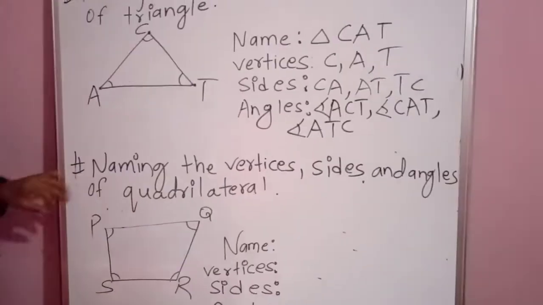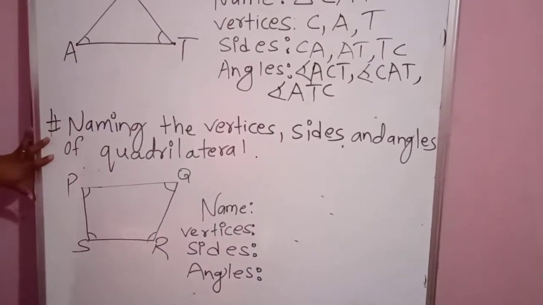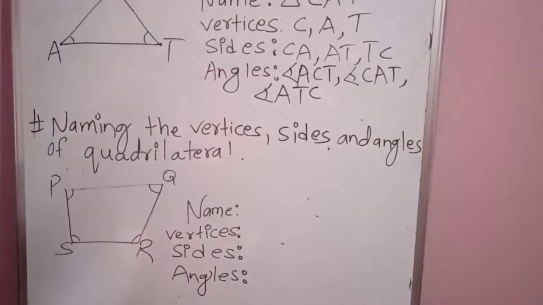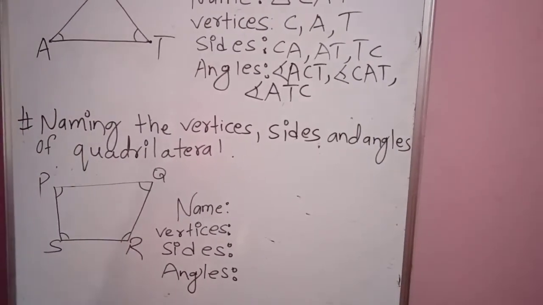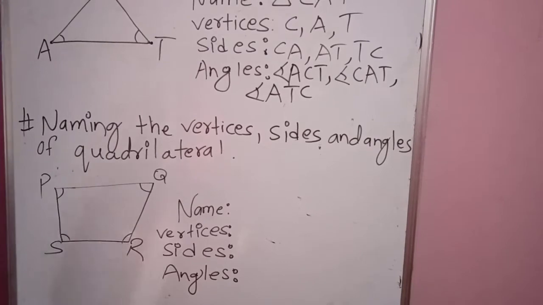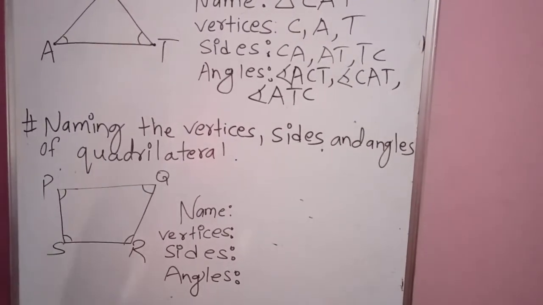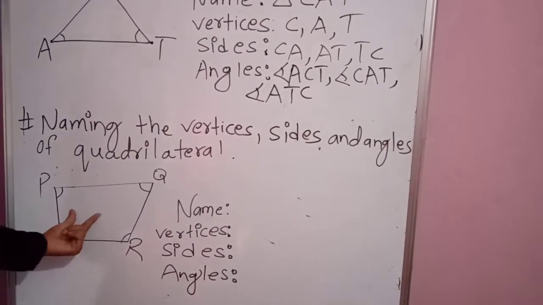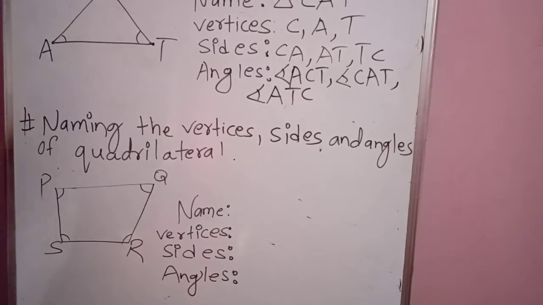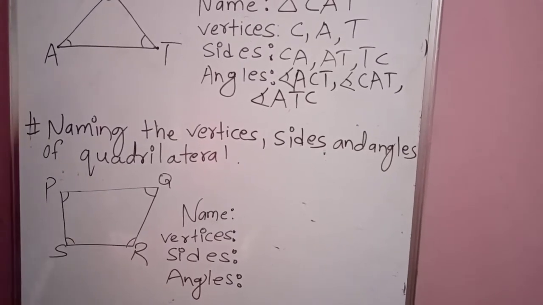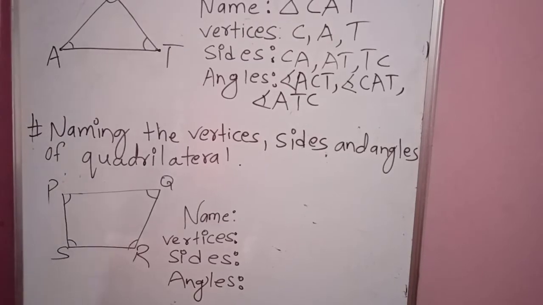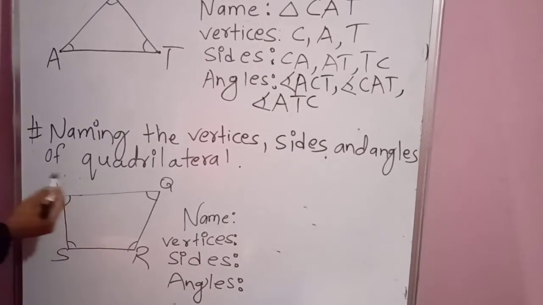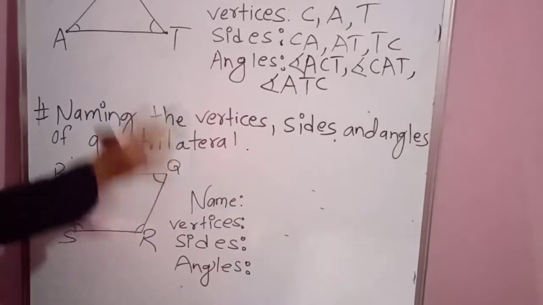Likewise, the second topic that I am going to introduce is how to name the vertices, sides and angles of a quadrilateral. I think you know well about the quadrilateral. A quadrilateral has 4 sides, 4 corners, 4 angles, 4 vertices, isn't it? You can be clear by this figure also. You can identify this figure and judge how many vertices, sides or angles the quadrilateral has. This is not hard, this one is easy. So you have to write the name here, using the alphabet that is used in this figure.